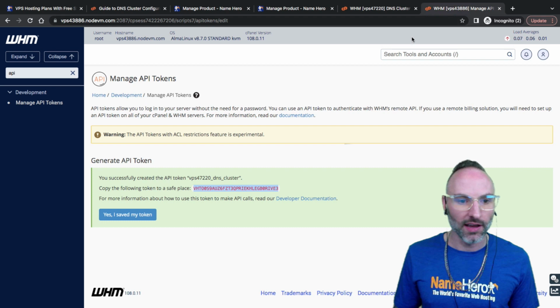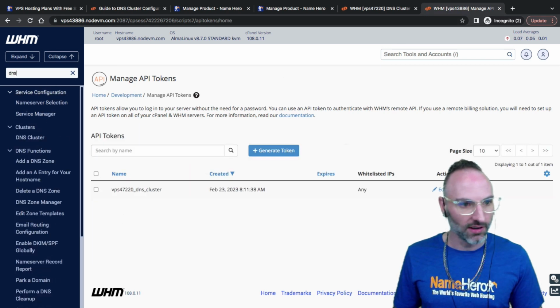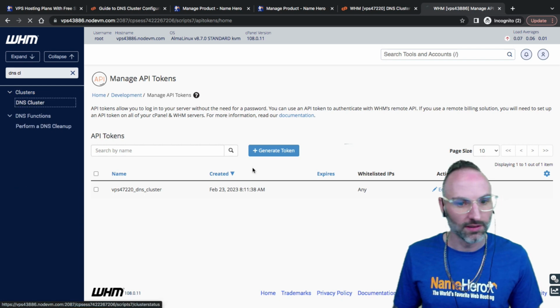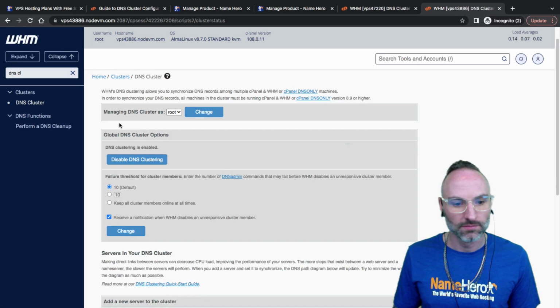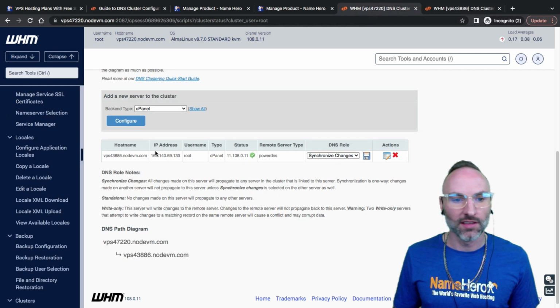Let's go look over here now. So, okay, we saved our token. Now let's go look at our DNS cluster here. And you can see your other server's automatically written inside of here. Okay, so now you can see all the changes made on 43886 are going to synchronize with this